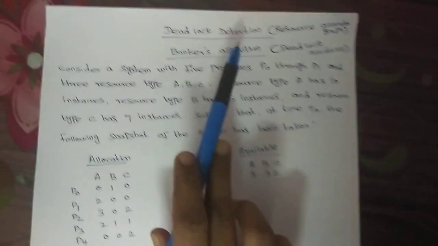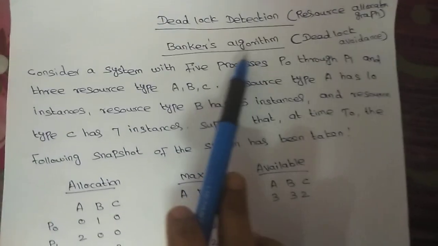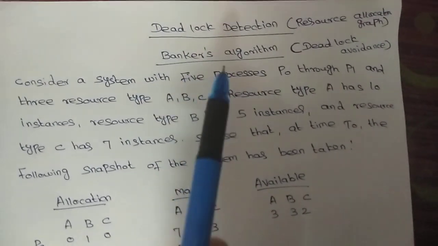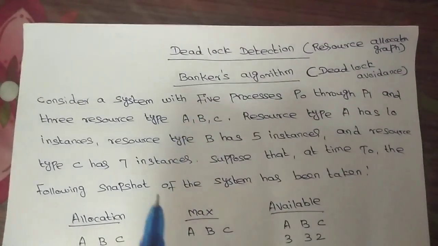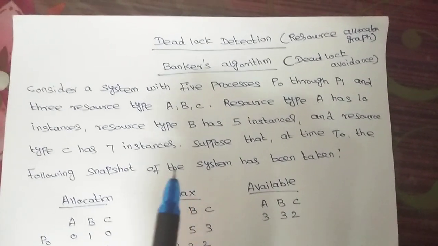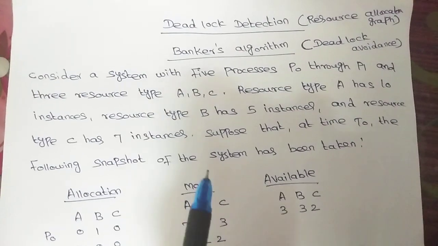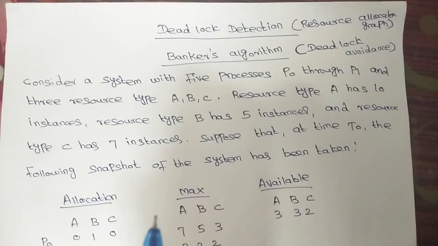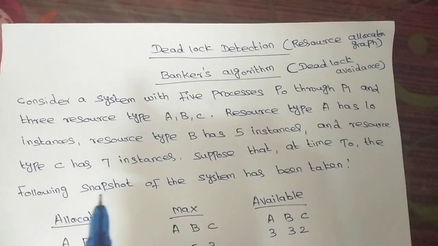I would like to explain what is meant by deadlock. In a multi-programming environment, many processes compete for resources. When a process requests a particular resource, if it is available, the resource is allocated; otherwise, it goes to the waiting state. That waiting state will never change because the requested resource is already held by some other waiting process. That is known as deadlock.